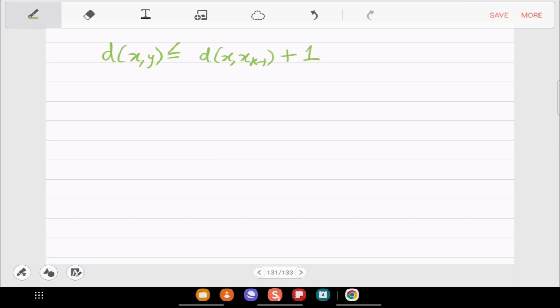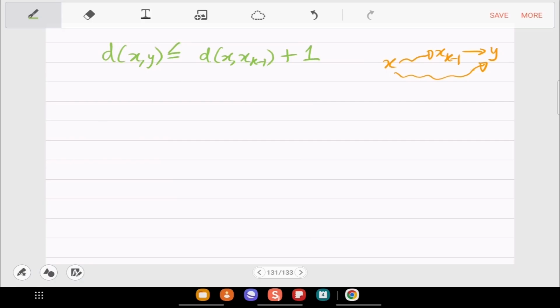So this is kind of the triangle inequality. The triangle inequality tells you that you can go from x to x_{k-1}, and then take a step and go to y. So you have this triangle. The triangle inequality tells you that the distance from x to y cannot be more than the distance from x to x_{k-1} plus 1.